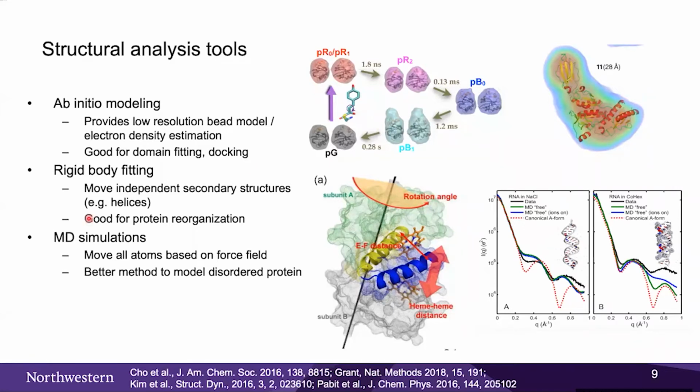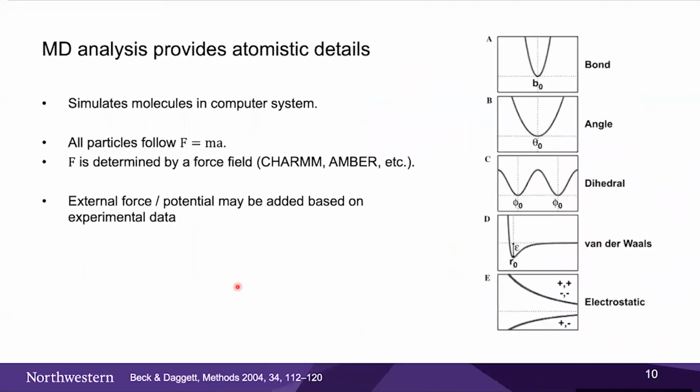So instead, we have to use MD simulations where we move all atoms based on the force field. We'll talk about the force field later because you can think of it as a prior belief, where the actual interaction energy of this protein is the prior. And then we use the X-ray scattering signal as the likelihood to refine the structure. So we decided to pursue this route.